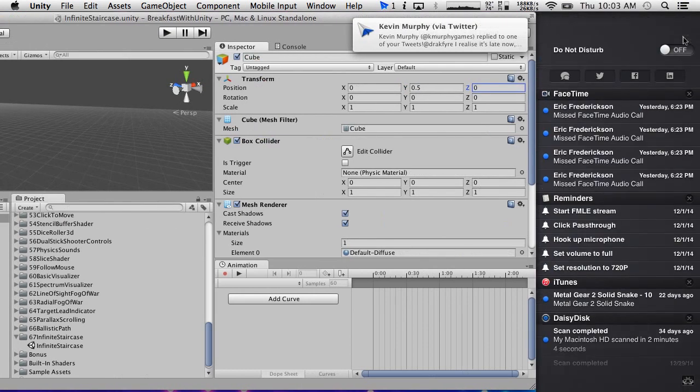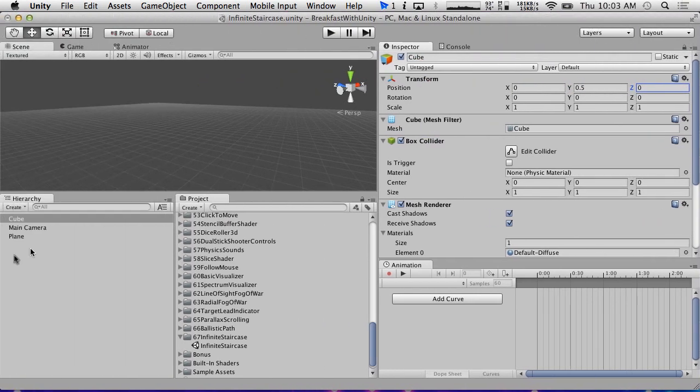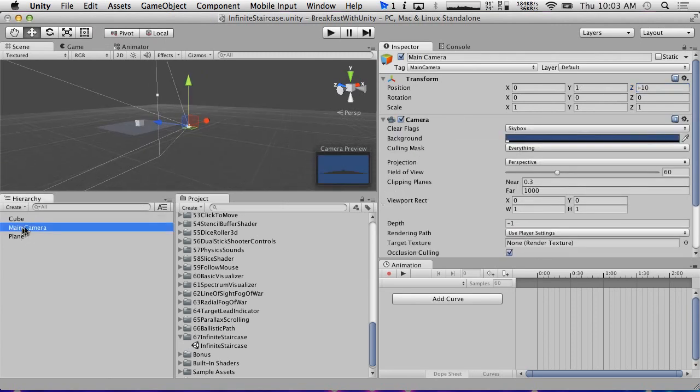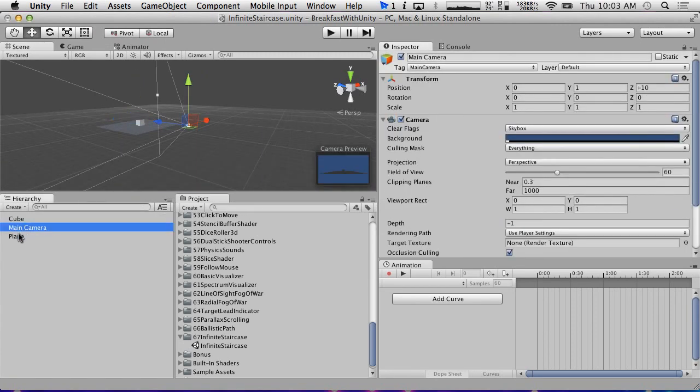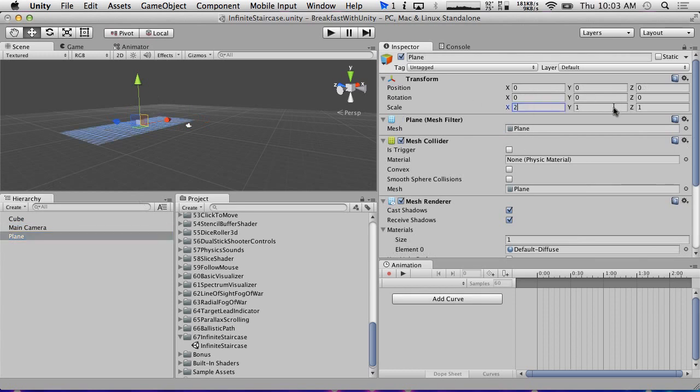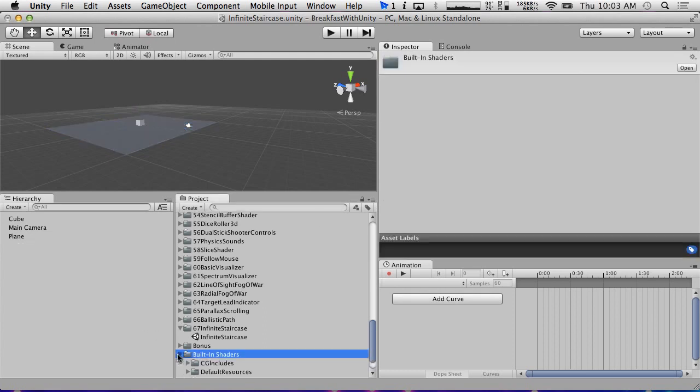And let's go into Do Not Disturb mode. And so we've got a main camera, we've got a plane, we've got a cube. And I'm going to make the plane a little bit bigger. It doesn't have to be a lot bigger. I'm just going to make it 2 times larger. And we're going to throw in our handy-dandy